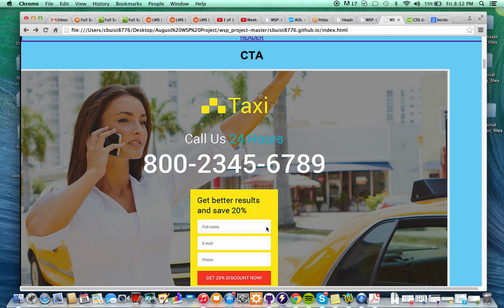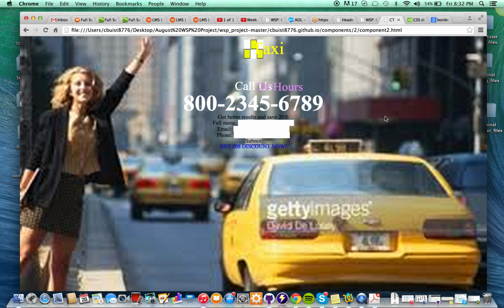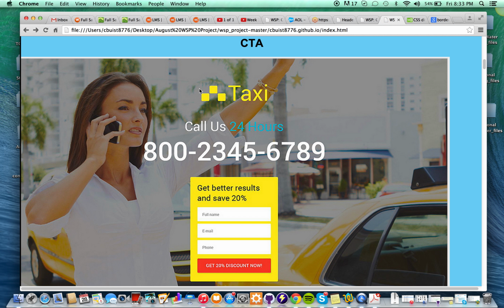I switched out the image because I couldn't find the other image to put in the background. I'm going to try to find a way to make this image more clear. I don't know if I can or not. Originally what I did was take a screenshot of this image here, these three boxes, and position it. But again, what I did was I went into Photoshop and